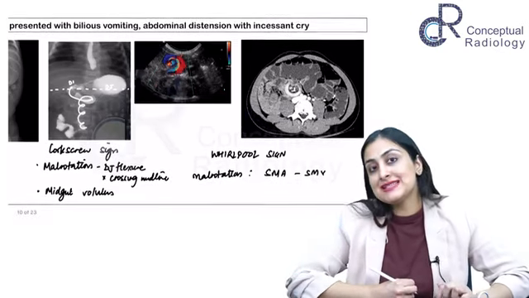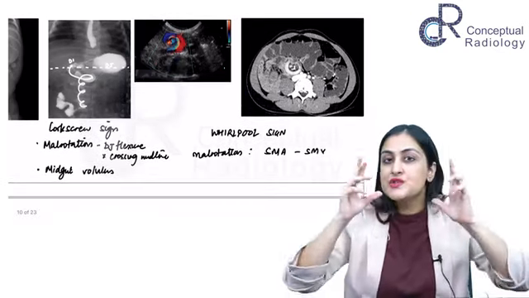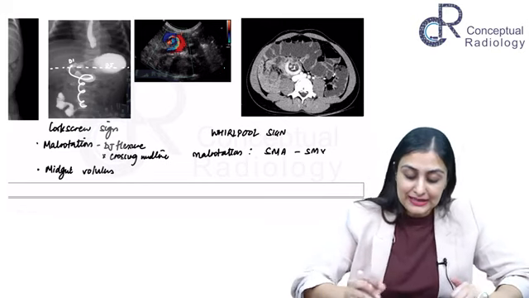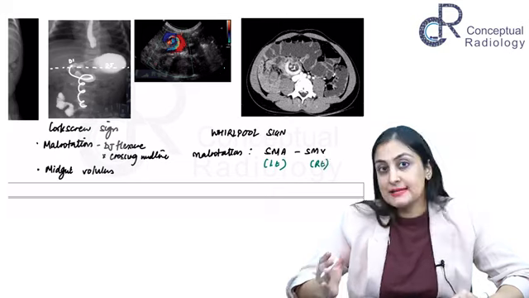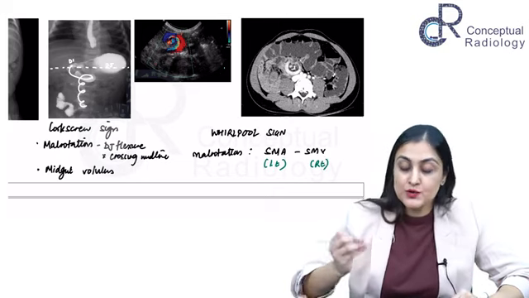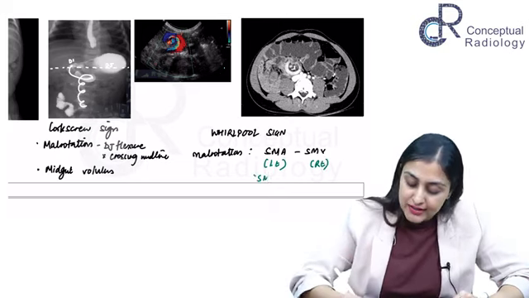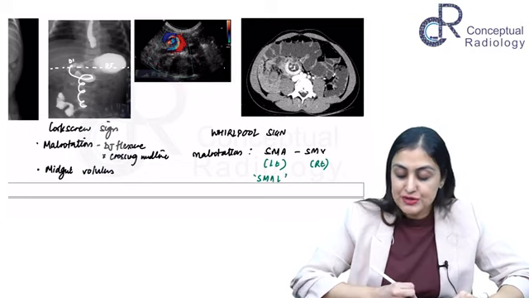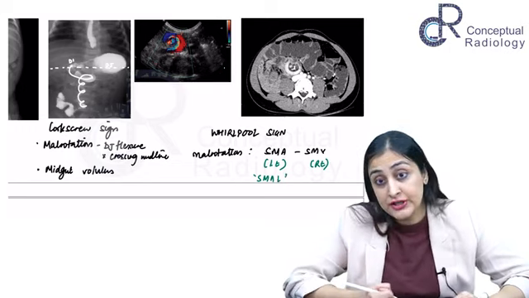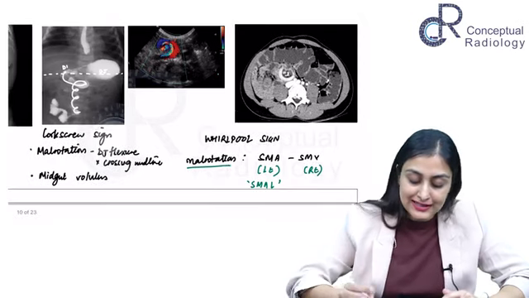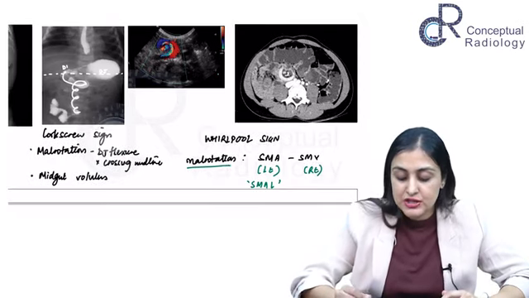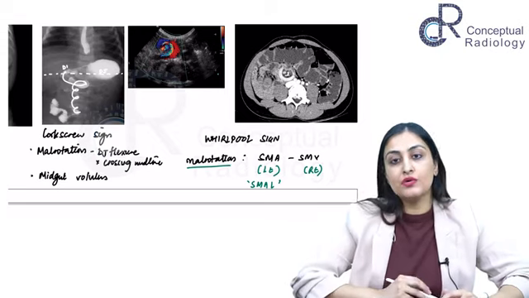Normally, where does the SMA lie? So you want to remember "small" here. Normally, SMA lies to the left of SMV. SMV is on the right, SMA is on the left. So you can remember a trick, "small". If you see that this relationship is altered, this is a sign of malrotation. So this is one, and then when you have volvulus, you're going to start seeing this round and round whirlpooling